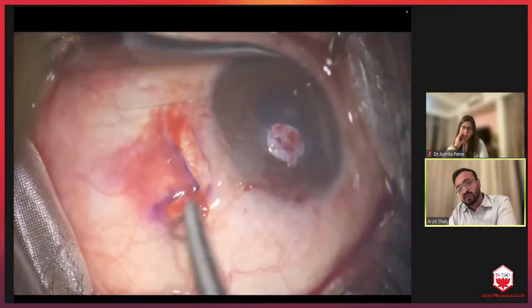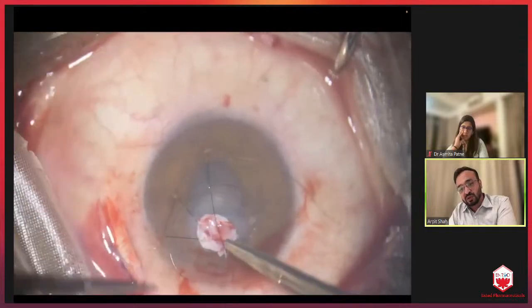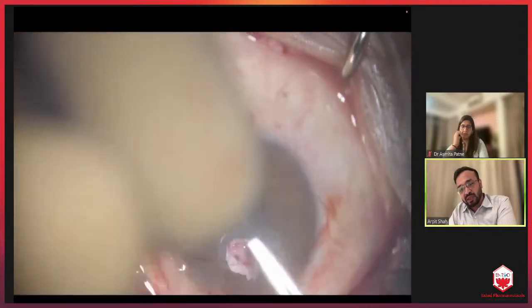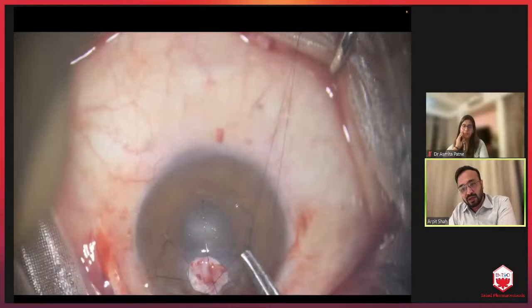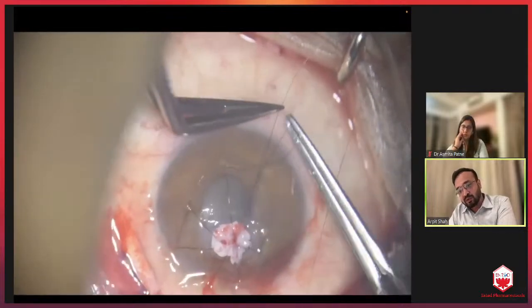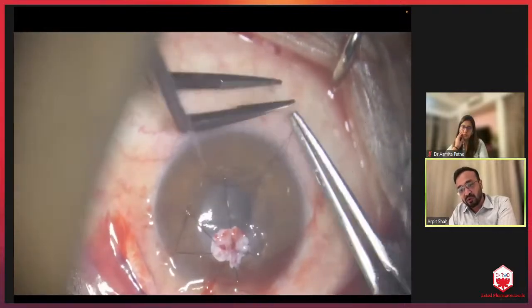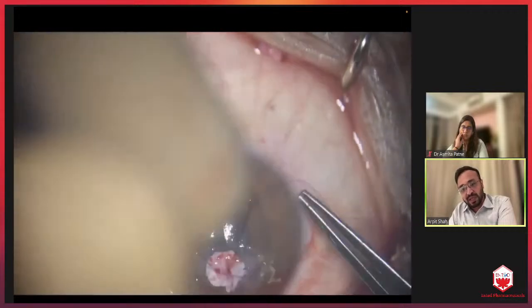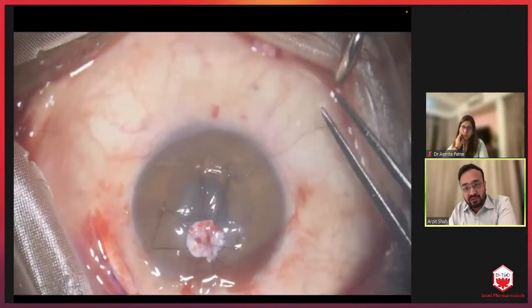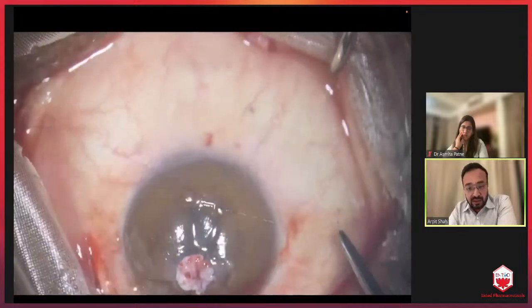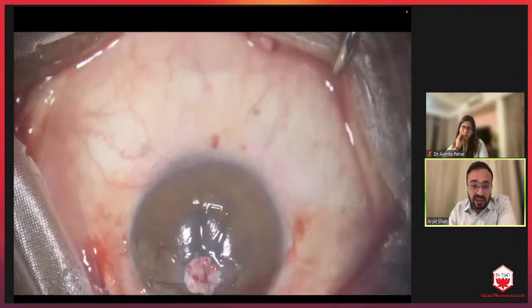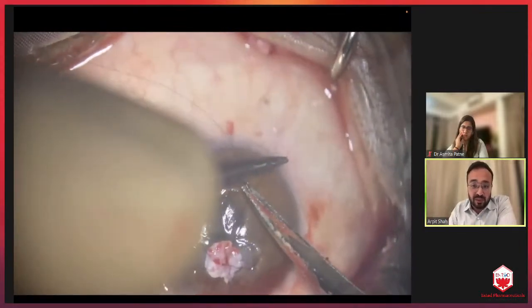After taking these sutures, we bury the knots, and making a side port entry, we try to remove the iris attachment to the perforated site and form the anterior chamber. During that time, sometimes the anterior chamber can leak. The site where we have put Tenon's can leak, and we may face problems.